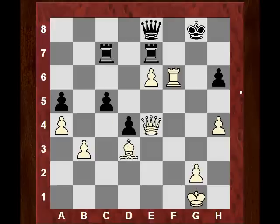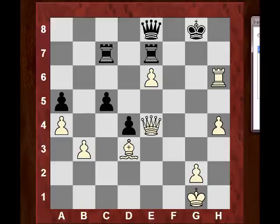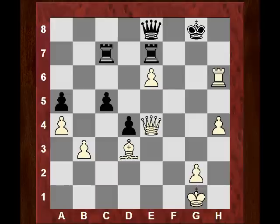Bishop c4 is actually one of the strongest engine moves, even potentially stronger than rook takes h6. Apparently, they're all pretty strong moves. I mean, this is pretty strong as well. It's pretty crushing. There are too many threats for black to deal with. For example, just queen e5 and rook h8 coming up. But instead, we see a very calm bishop c4,